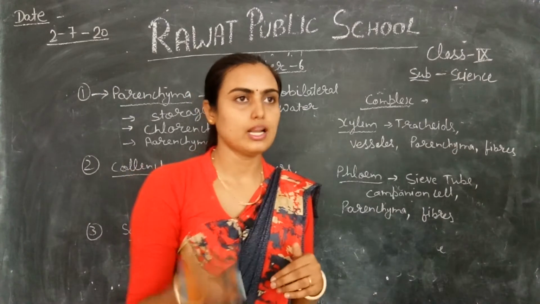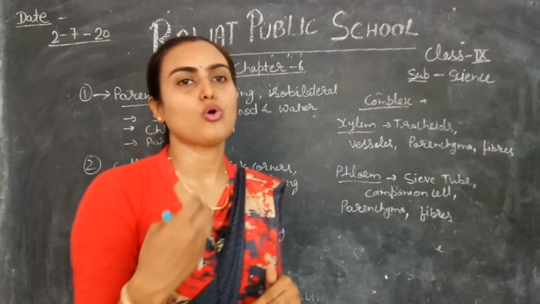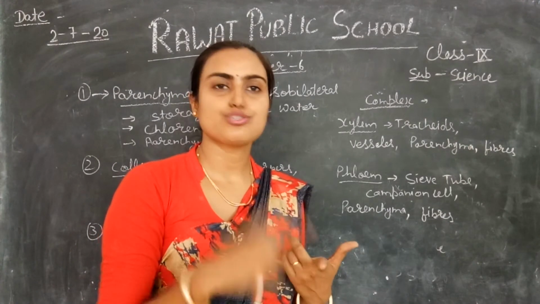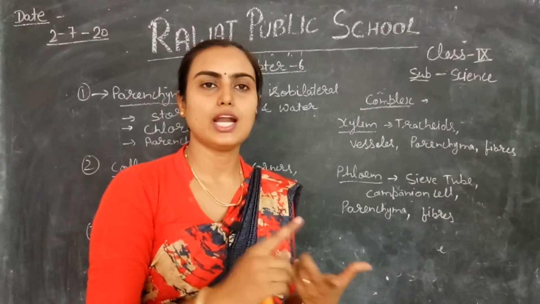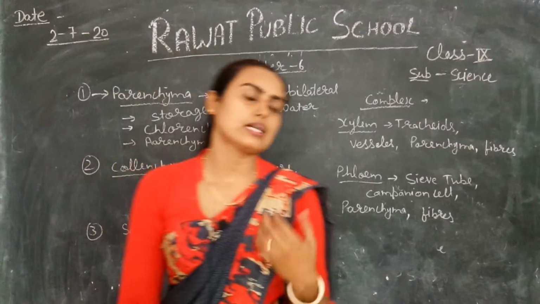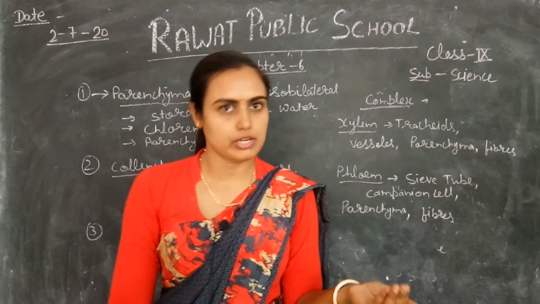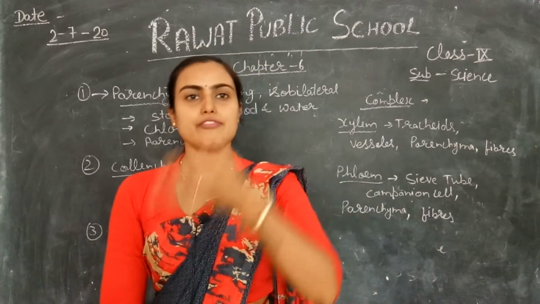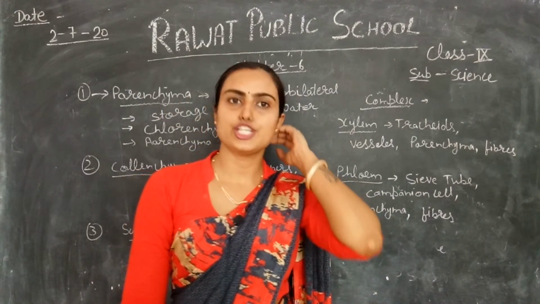Plant and animal cells. We had discussed only plant tissues, and we discussed that plant tissue is divided into two parts, as you know very well: meristematic and permanent tissue. Meristematic tissues have the capability of division, you know it very well, right? And further we had discussed the permanent tissue.